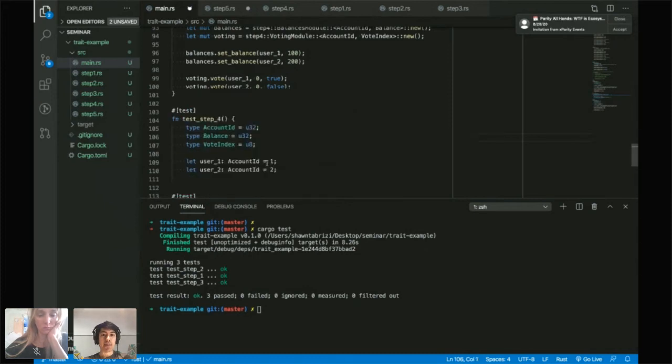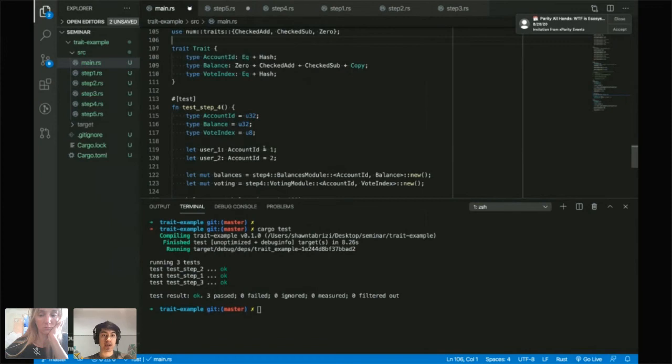And then I want to use this trait instead of using these different definitions. So the ideal world, right, is I don't pass all these different type definitions. I just pass here T, right, where T is this trait. So let me actually just write the code that we want, and I'll make it work in the next step.